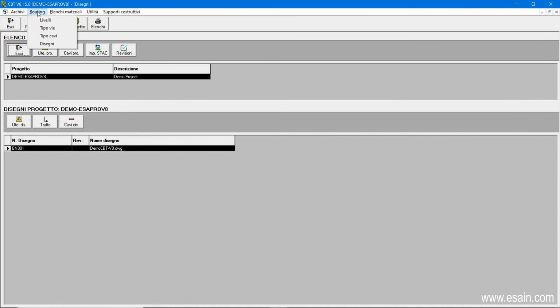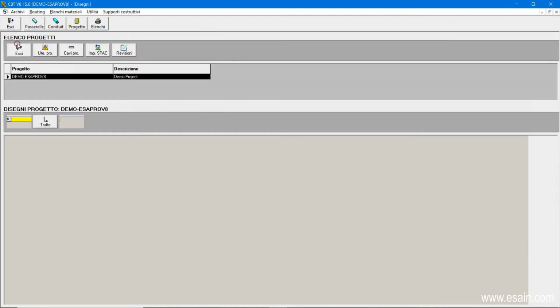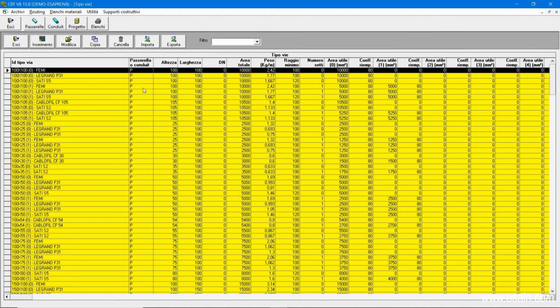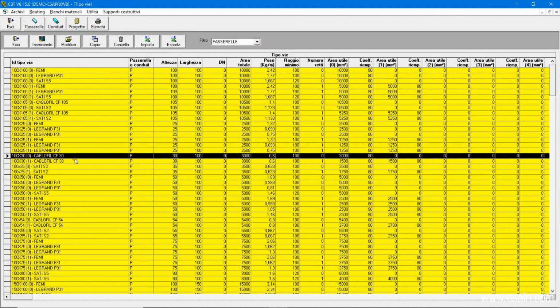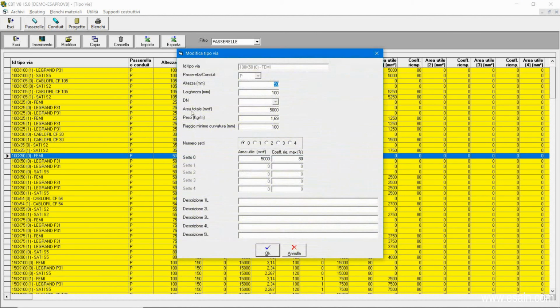In the table levels, we have the voltage levels that we can assign to our cables, so that they are compatible with the cross-cable trays. And especially the section types table. Here we have a set of rules that define how our cable tray sections must be used. If, for example, we take a 100 by 50 mm single section, we see that the dimensions are these.